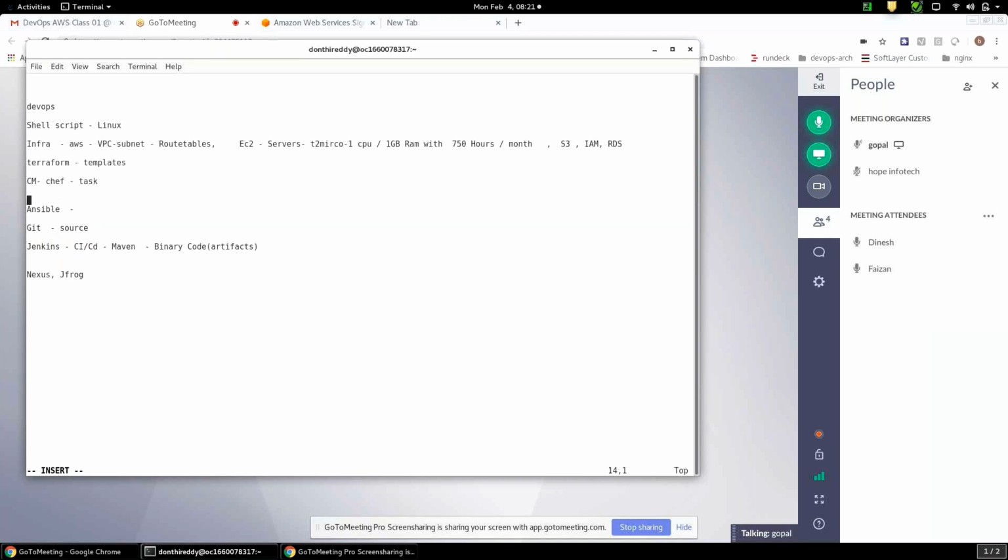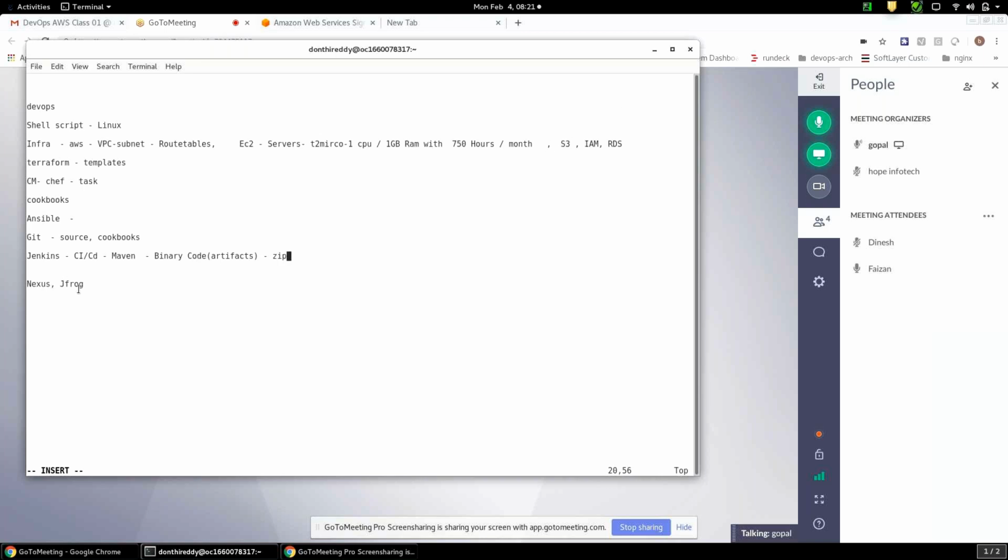do is write the Chef cookbooks. We write the cookbooks and we don't upload to the Chef server directly. We don't assign the task directly to the Chef server. We write the cookbooks on the workstation, and these cookbooks are stored onto Git. Once the code is written, we use a continuous integration job; each cookbook is individual, so we form it into a zip file using the CI job, and this zip file is stored into an S3 bucket or Nexus.